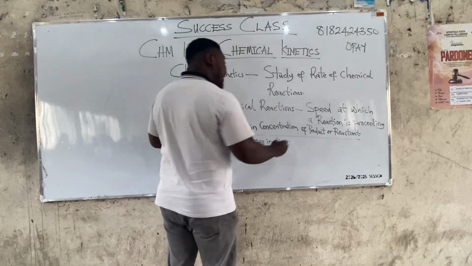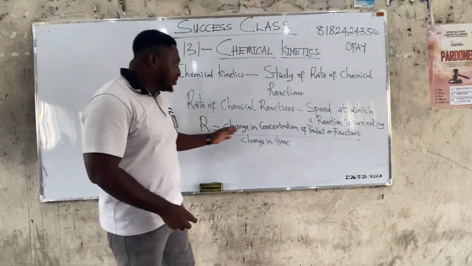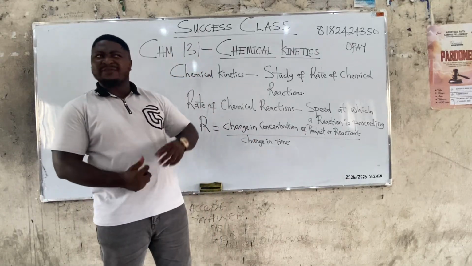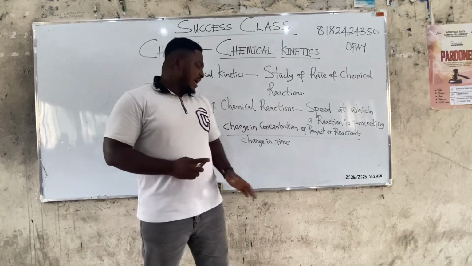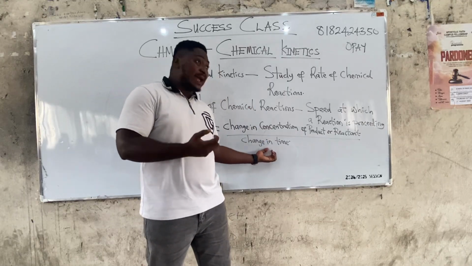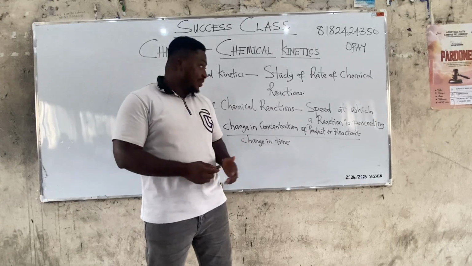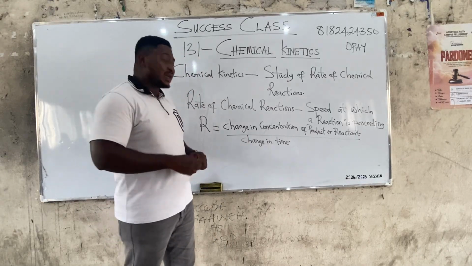So if you want to check how fast a reaction is occurring, we check its initial concentration and its final concentration. Has there been a major change? And how short a time did that change occur in? That will now tell us how fast the reaction is proceeding. Class,